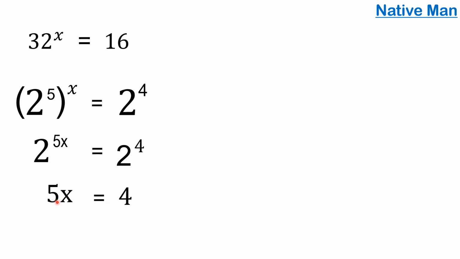So to solve for x, we have 5 here. So divide both sides of the equation by 5. The purpose of dividing by 5 is that we are going to cancel the 5 here. Okay? So we cancel 5. Then the remaining here is x. So this will become x is equal to 4 divided by 5. There is no exact value for 4 divided by 5. So the value of x is equal to 4 over 5.